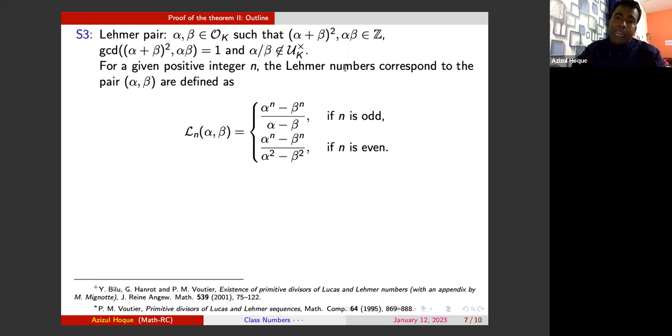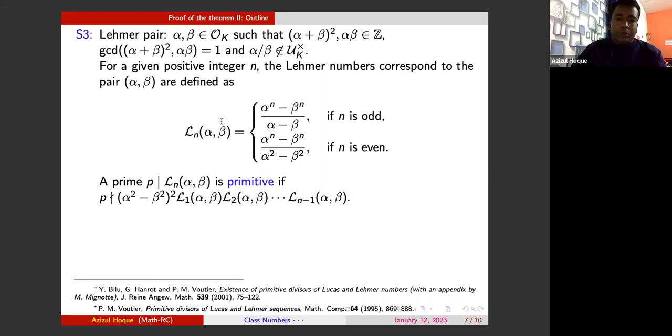Then we can define this Lehmer number or Lehmer sequence like this. If n is odd, then we can define it like this. If n is even, then it is like this. Okay, so we have the concept of this Lehmer number,